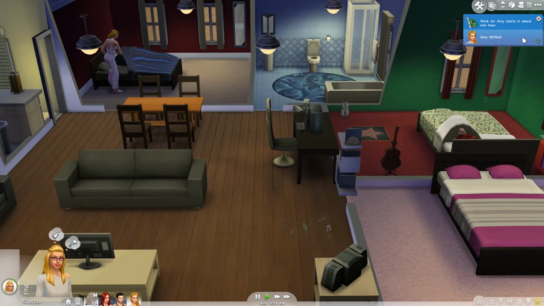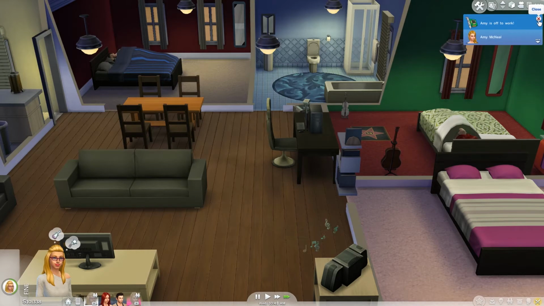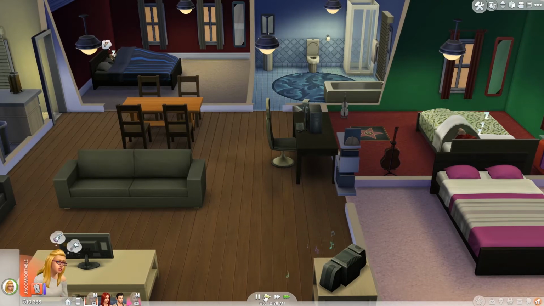Let's just hit play. Work for Amy starts in about an hour. She should go off and do that automatically. Senior agents can't come running to rescue you every time you start taking more initiative, says Elise's boss. This isn't going to look good on her next performance review. So, again, even though we had the same incident and took the same option...